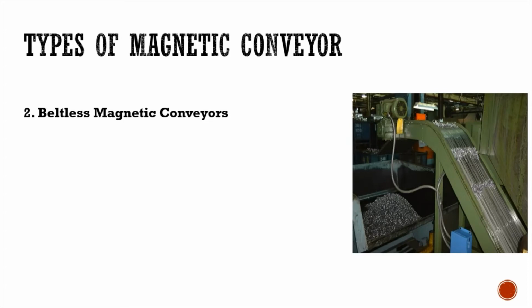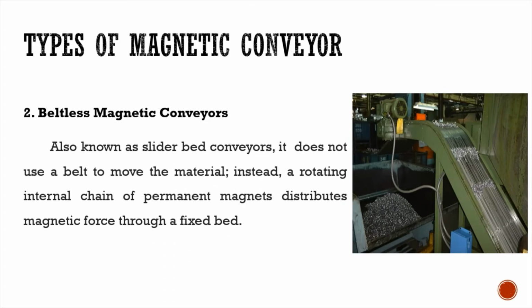Another type of magnetic conveyor is a beltless magnetic conveyor. A beltless magnetic conveyor, also known as a slider bed conveyor, does not use a belt to move the material. Instead, a rotating internal chain of permanent magnets distributes magnetic force through a fixed bed. The magnets beneath the bed will attract any magnetic material, which will drag across the bed and to the discharge